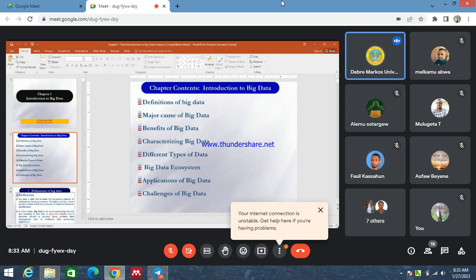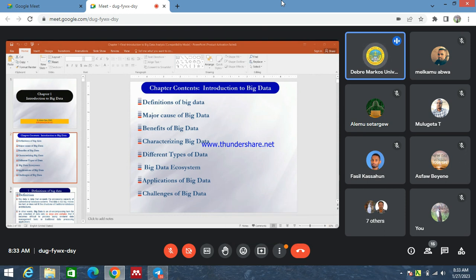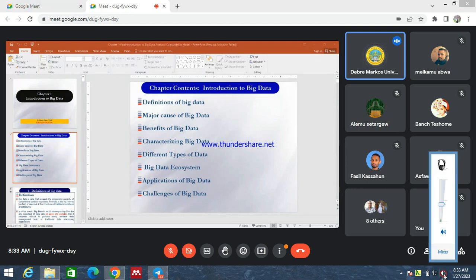Under this chapter, of course, I hope you got the course contents, and I have modified your course contents to about 8 chapters. I added about 3 chapters more from your curriculum, because I hope it may be important for you to research. And so in the first chapter, we are going to see the introduction to big data.